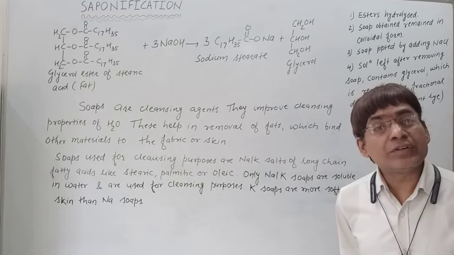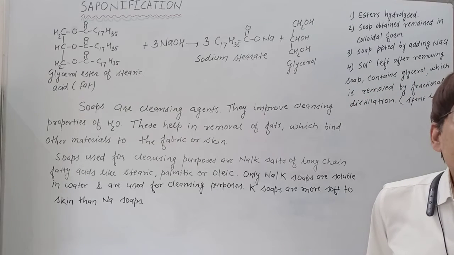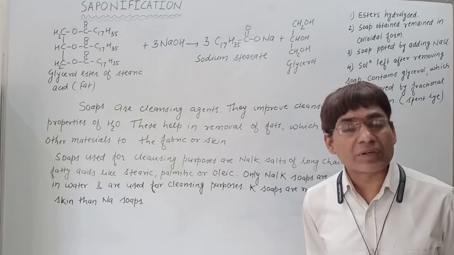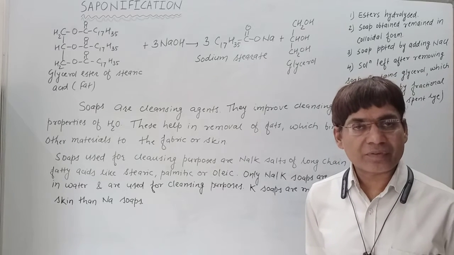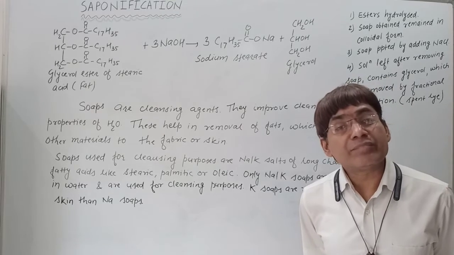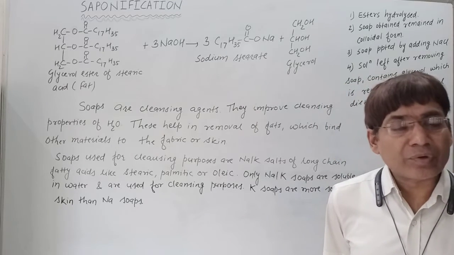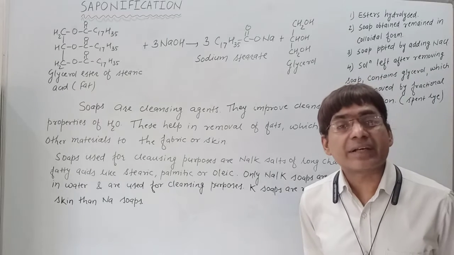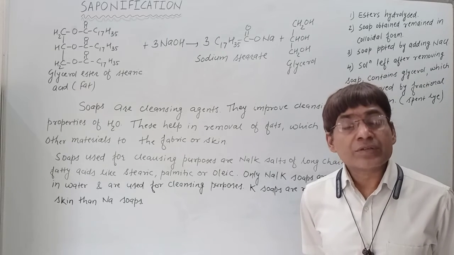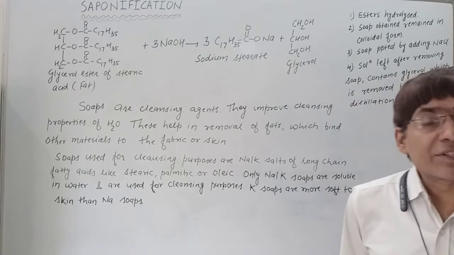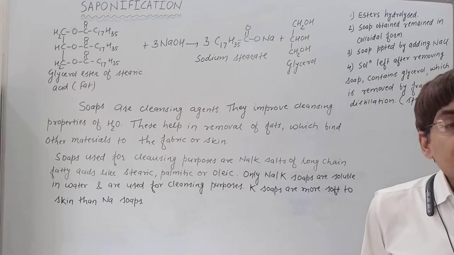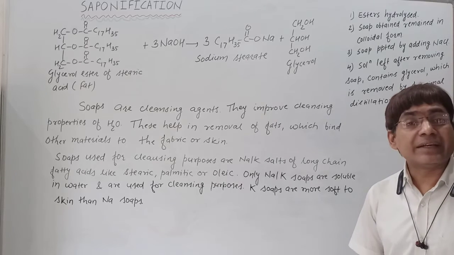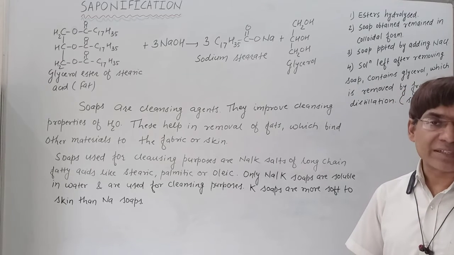The reaction in the forward direction is ester hydrolysis, and the products are carboxylic acid and alcohol. In the backward direction, carboxylic acid reacts with alcohol and the products are ester and water. The reaction in the reverse direction is the esterification reaction, which we have already studied in the acid derivatives section.